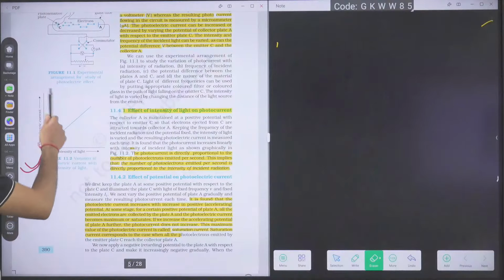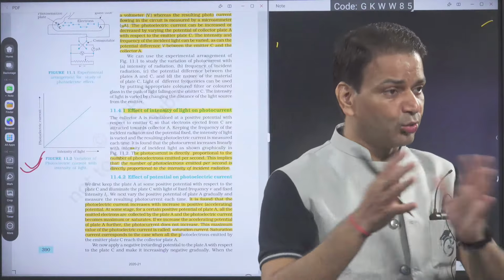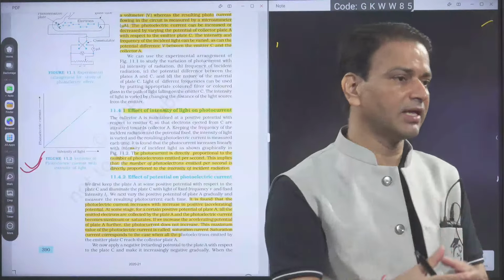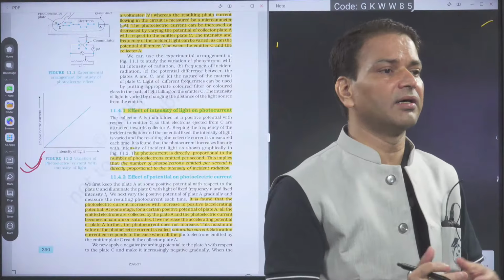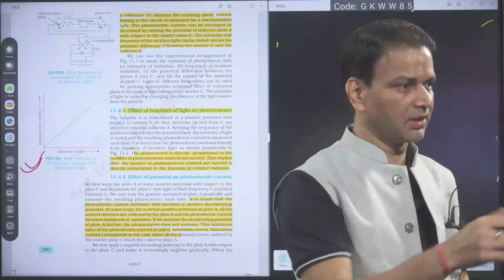So in the photoelectric effect experiment, when we are talking about intensity, the basic definition of intensity is the energy per unit area per unit time. So E upon A into T is the intensity. But in the photoelectric effect, we are dealing with the particle nature, because the wave nature cannot explain this phenomenon. So that's why we are saying the dual nature of radiation, meaning the radiation has both particle nature and wave nature. This experiment we can only explain on the basis of the particle nature, and there are so many reasons that I will cover next.